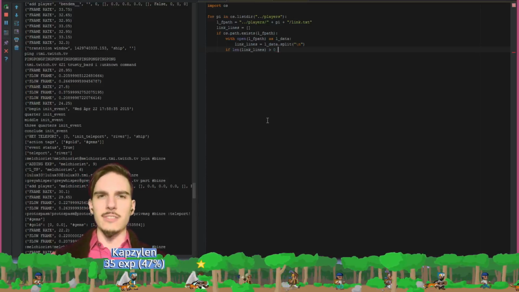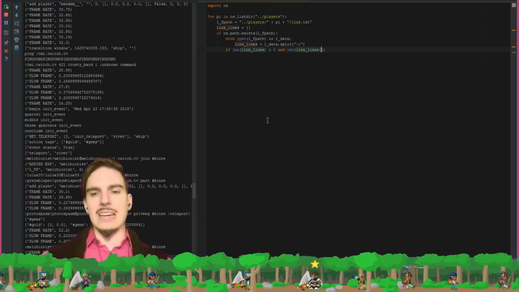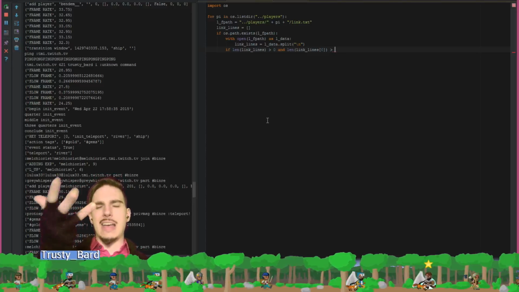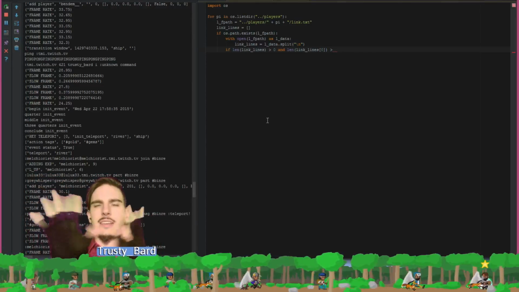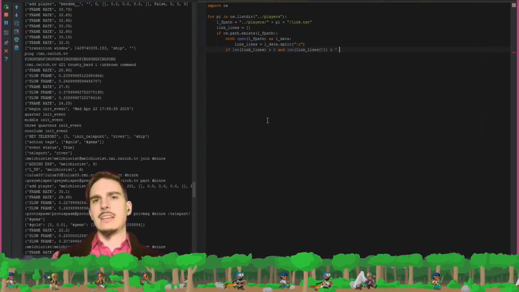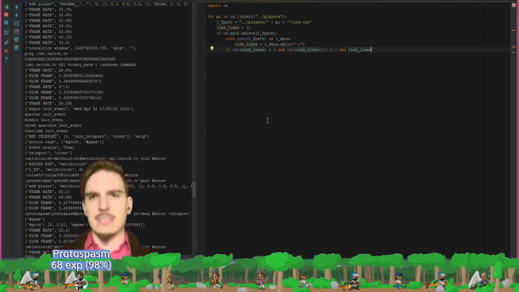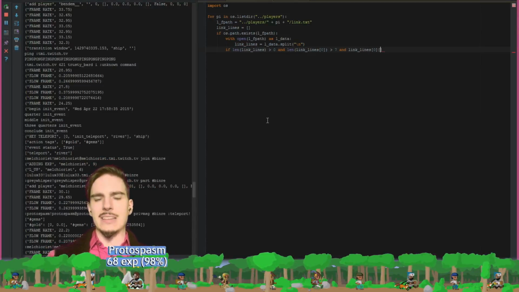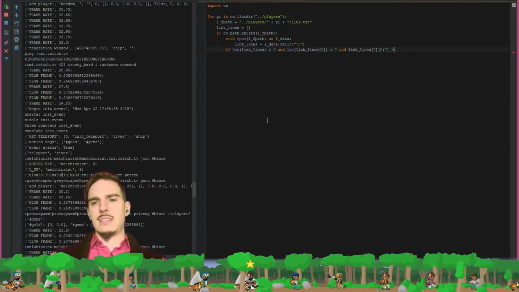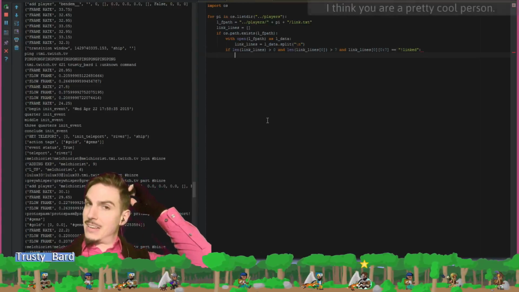So if the length of link lines is greater than 0 and the length of link lines index 0 is greater than 7, since exclamation point LINKED is 7 characters, and link lines index 0 indexed from the 0th to the 7th character equals exclamation point LINKED, then